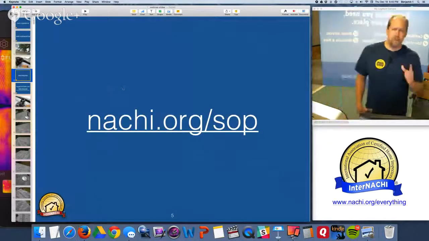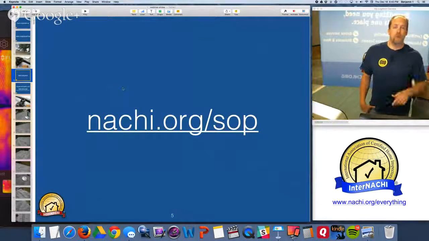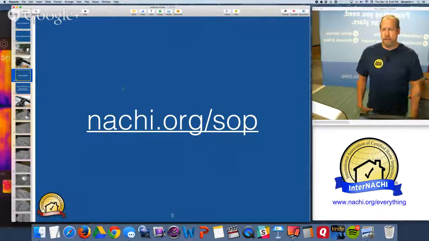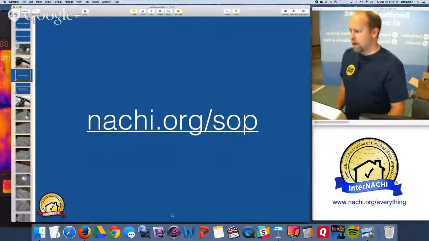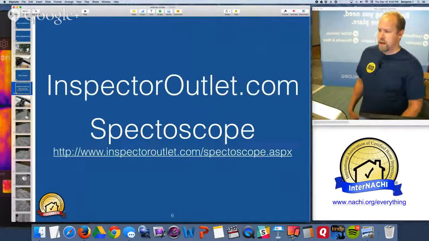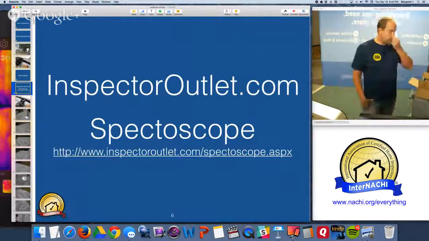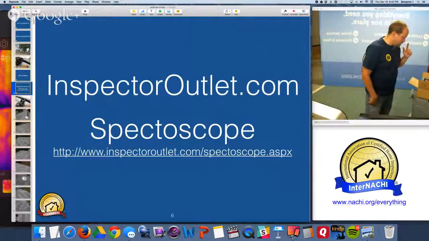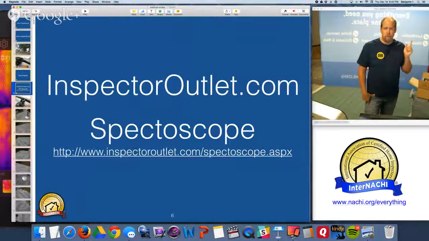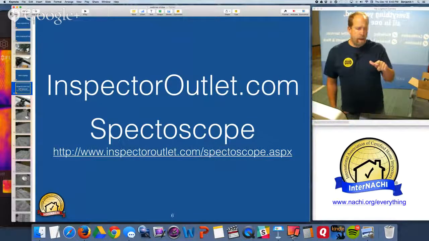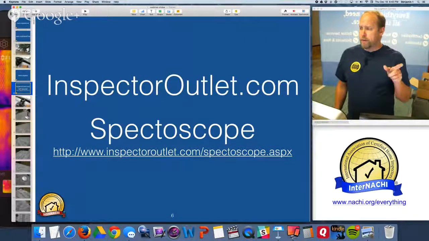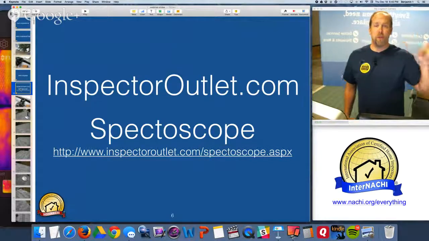According to the SOP, you do not have to walk upon any roof surface. And there's the standards of practice, nachi.org/SOP. Follow the standards of practice. The other URL before we get any further into the class is inspectoroutlet.com. And if you don't want to get up on the roof, but you want to inspect the roof completely